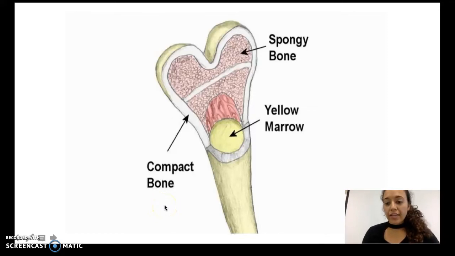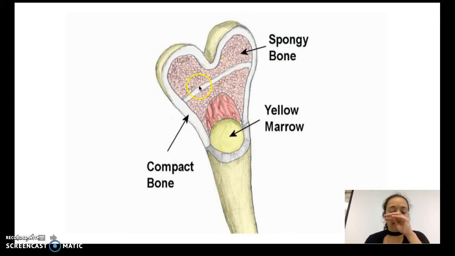Today we're going to cover the skeletal system. We're going to start off by talking about the histology. And in order to do that, we first need to look at a bone. So this would be like a femur, which is a type of long bone. And when you take a look at a type of long bone, you would see that when you crack it